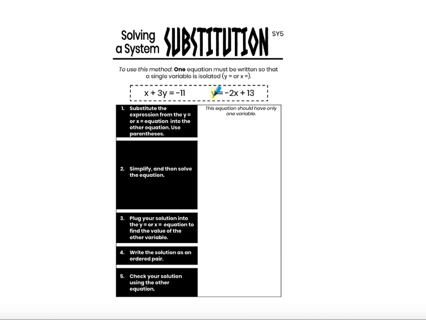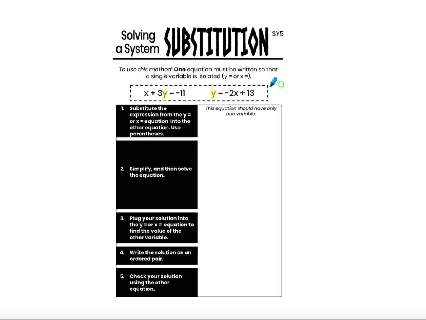So in this example in the toolkit, our second equation is written so that a single variable y is isolated. It doesn't need to be isolated in the other equation. If it were, we would just go ahead and use y1 equals y2. So since y is isolated here, but not here, I'm not going to set two equations equal to each other, but instead I'm going to use the fact that for the solution, the y's and the x's in both equations, but importantly here, the y's are the same, and therefore since this y and this y are the same,